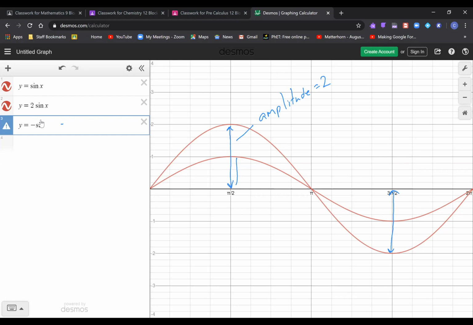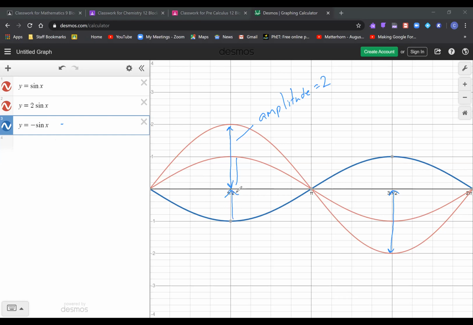So we should still get what looks like a sine graph, but you can see it's been flipped here. So instead of going up and then down, it actually goes down and then back up again, and everything flips around. But notice that when we look at the amplitude here, I'll erase the old notes here. So if we look at this distance here,